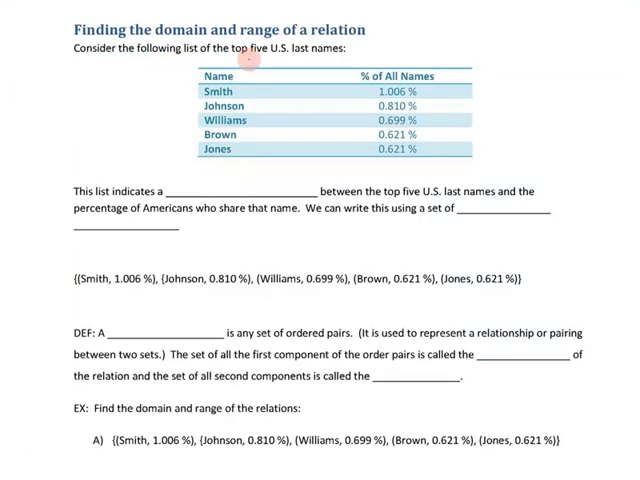Consider the following list of the top 5 U.S. last names. We have Smith, Johnson, Williams, Brown, and Jones. And in the second column we have here the percentage of occurrences of that last name among U.S. citizens. So this list indicates what I might call a correspondence between the top 5 U.S. last names and the percentage of Americans that share them. Now what we can do is we can write this table as a set, okay, and we will write it as a set of ordered